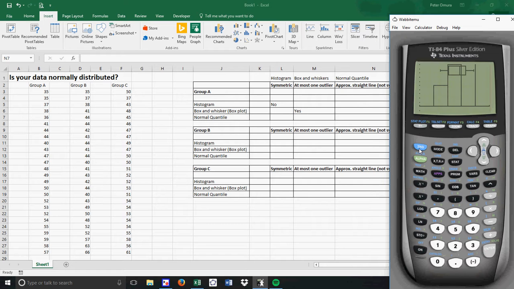What I am going to do is go back to second y equals, and I'm going to turn this graph off, and then I'm going to press enter. I'm going to go up to plot 2 and turn it off, and then go up to plot 3 and turn plot 3 on. In the normal quantile,